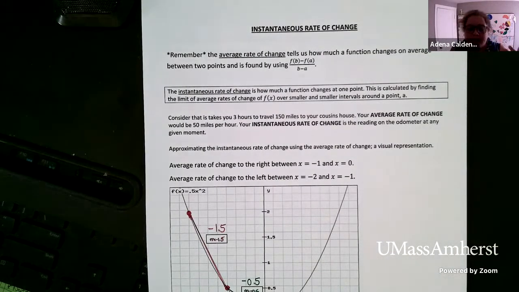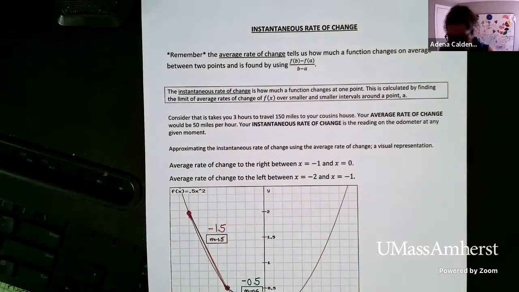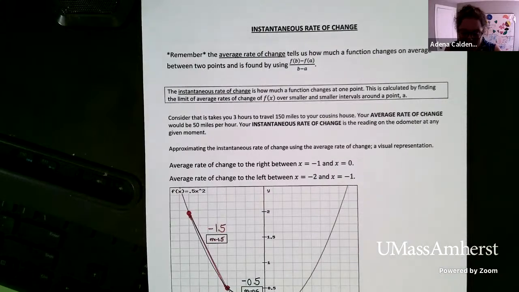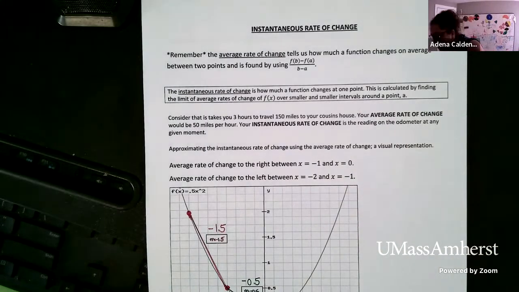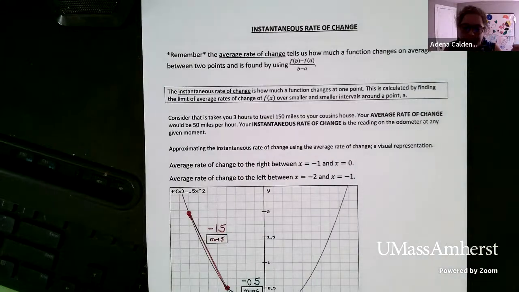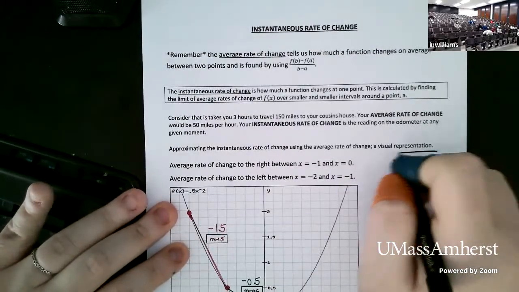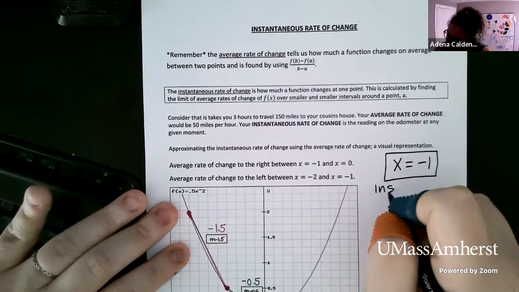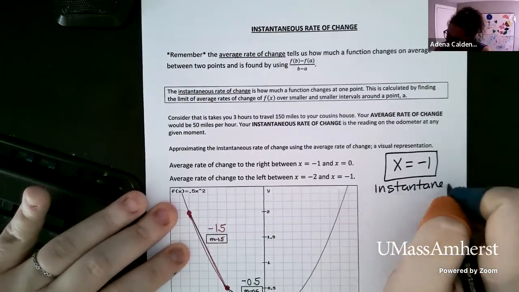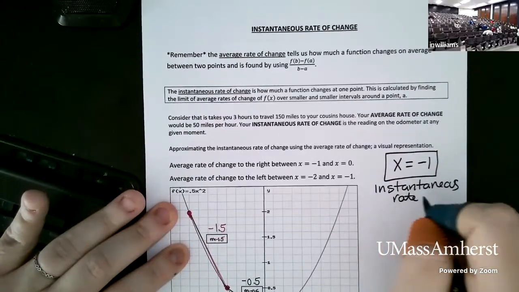So let's consider that we want to try to understand approximating the instantaneous rate of change. And so what we want to do, like we said, is use the average rate of change because that's what we know how to do. So we're going to try to figure out how to use the average rate of change to get to the instantaneous rate of change by bringing in this idea of limits and closeness. So our goal is to think about the instantaneous rate of change